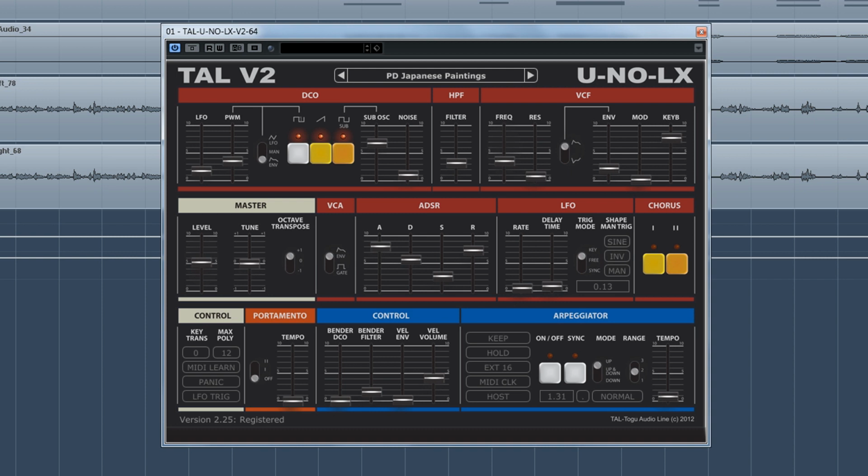And there you have it. That is Uno LX Protozoa. So it's 150 patches full of classic analog retro vibe with a little bit of modern bite added in there. I think it's really useful for so many different types. I mean, obviously, classic retro synthy sci-fi stuff that's very popular at the moment is within its reach, but other cinematic stuff, TV drama,